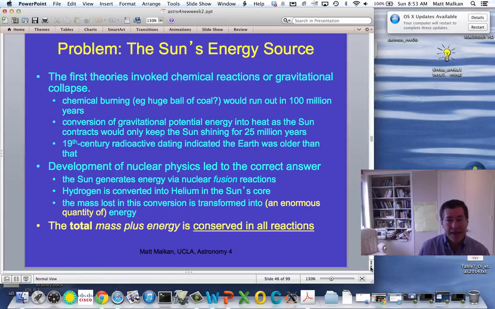Well, again, the problem with that is it would have collapsed after 10 or 20 million years, and yet we were finding out in the 19th century that the sun is much older than that and has been around happily producing energy for billions of years. So a much more efficient way of producing energy from the given amount of fuel in the sun was needed,